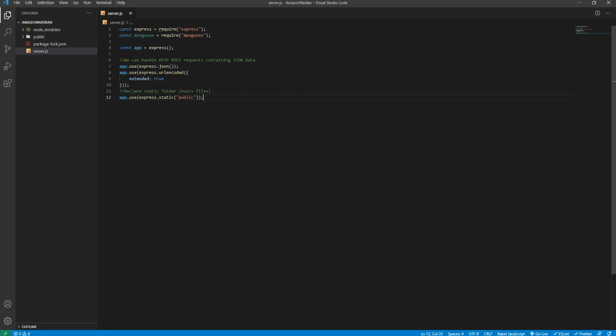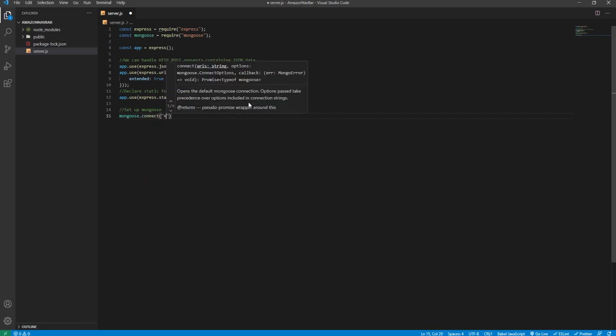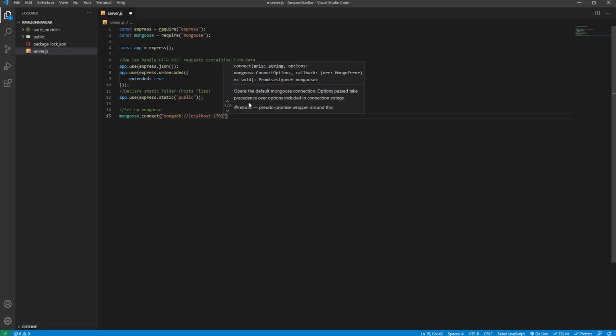Now obviously Mongoose should be installed by now, so let me just check. Yep, it's installed. So below this we'll write a comment where we set up Mongoose. We'll say mongoose.connect mongodb://localhost, the default port for Mongo database, which is 27017, and we'll call the database